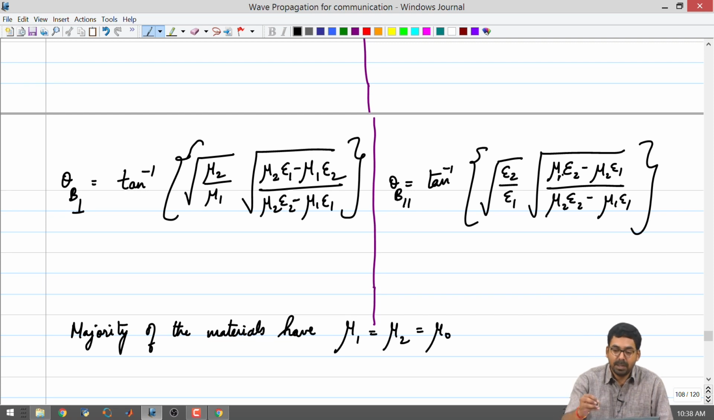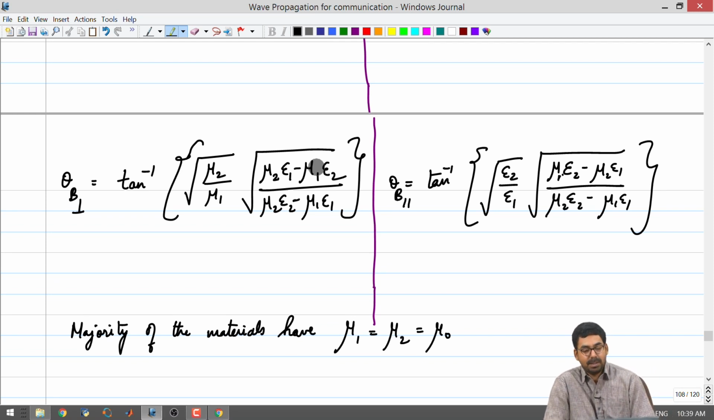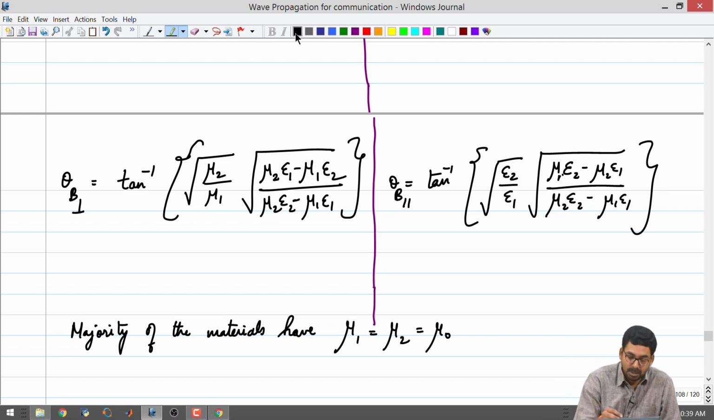Okay. The first thing you will notice is that on the left hand side, this ratio will become 1. Then you will have mu naught epsilon 1 minus mu naught epsilon 2 divided by, no, you have mu naught epsilon 2 minus mu naught epsilon 1. Now, you can take mu naught common from the numerator and denominator, and you will just get a ratio which will look like